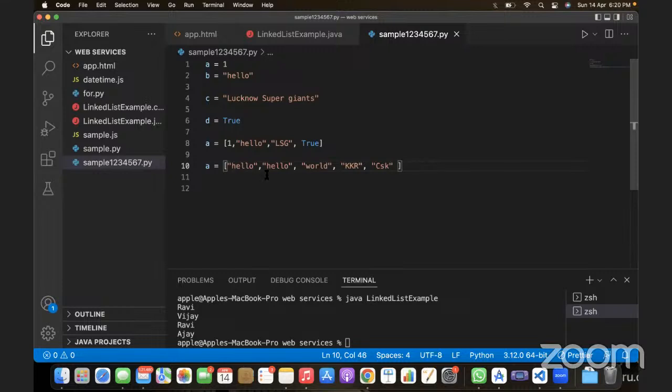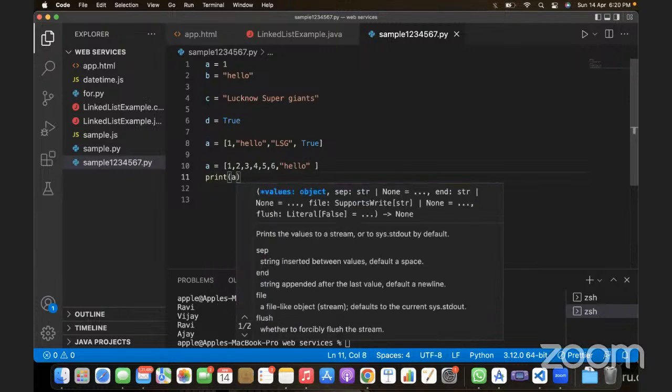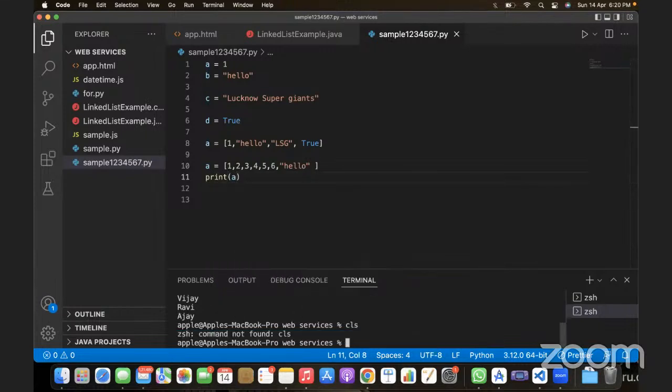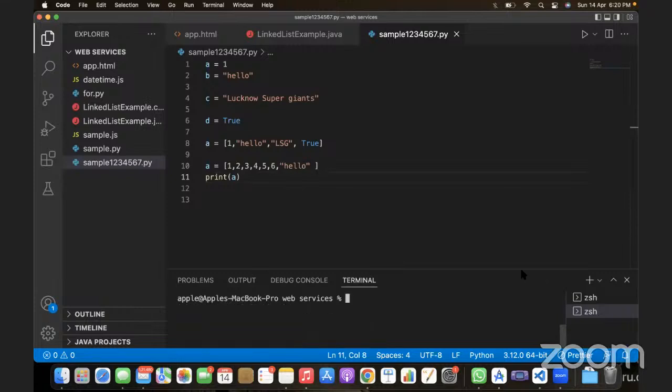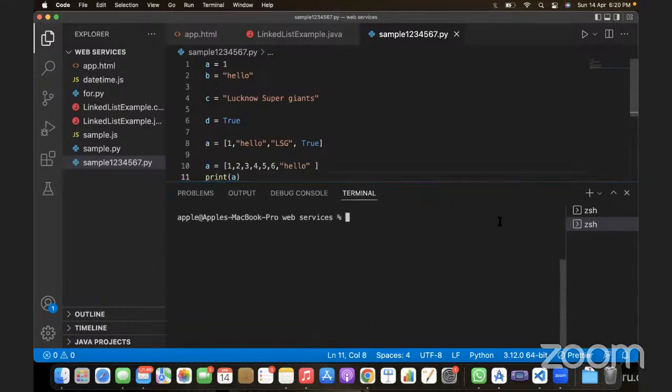In Java, in an array, you can only store values of the same data type. Now, if you want to store numbers, you can only store numbers. You can only store 1, 2, 3, 4, 5, 6. You cannot put hello here. In a Python list, it will accept. This will work now. Now, if I say print of A,